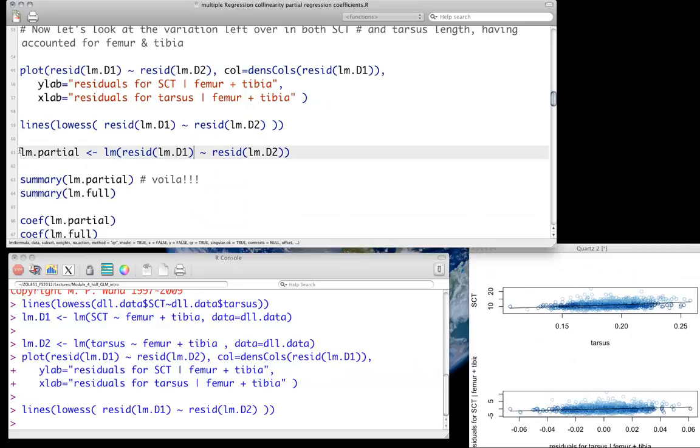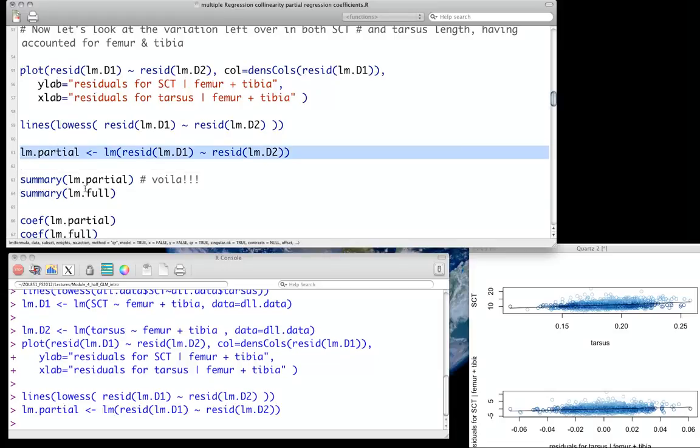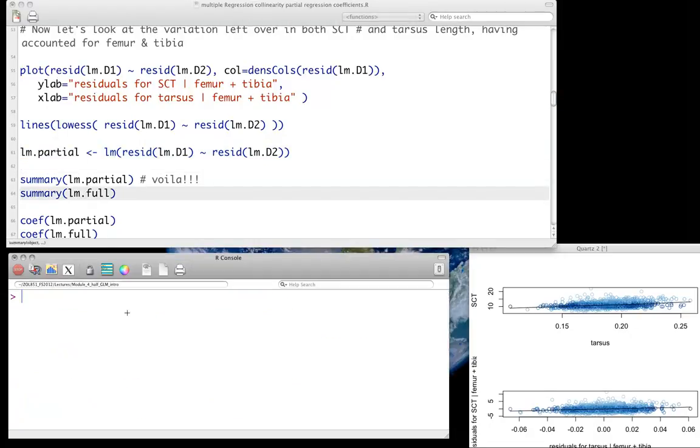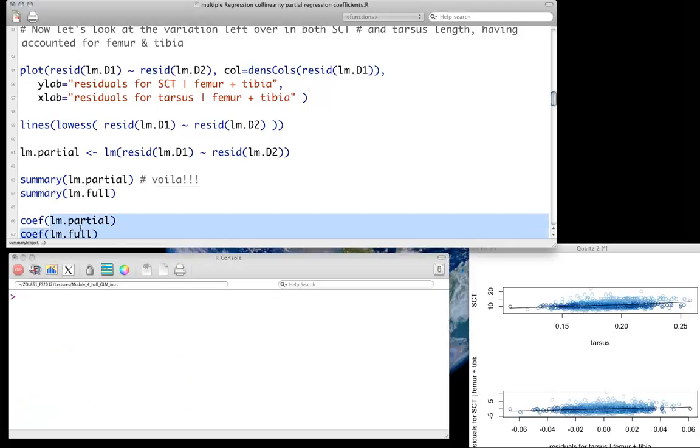So if we fit this lm.partial, again, we're doing just like we did before. We're going to do a regression of the residuals of sex comb teeth after accounting for tibia and femur, and the residuals of tarsus after accounting for femur and tibia. So variation in sex comb teeth and variation in tarsus after accounting for those other covariates, and that's what we're modeling one on top of the other. Run that. We'll just call that lm.partial. And now if we look at the coefficients of those two,